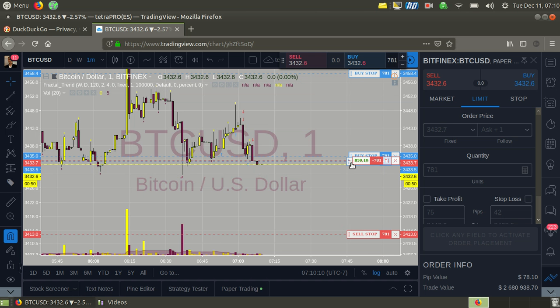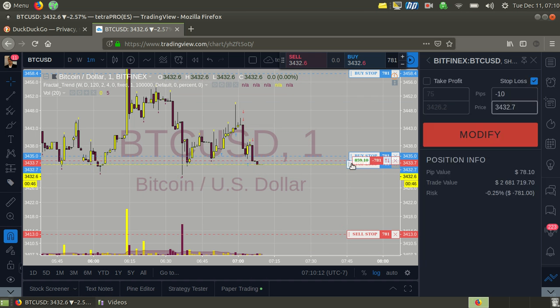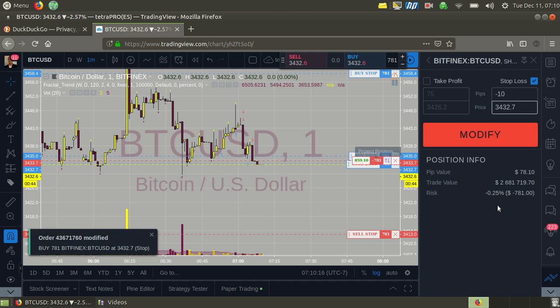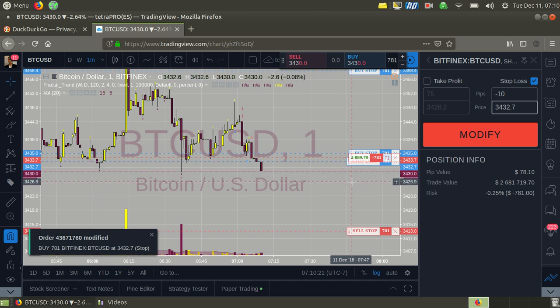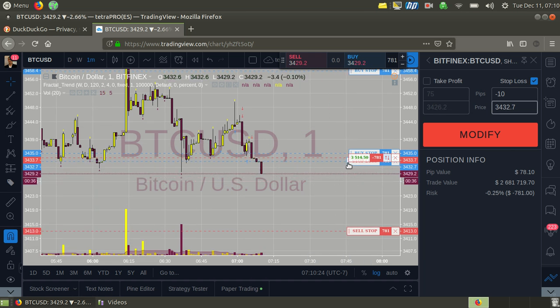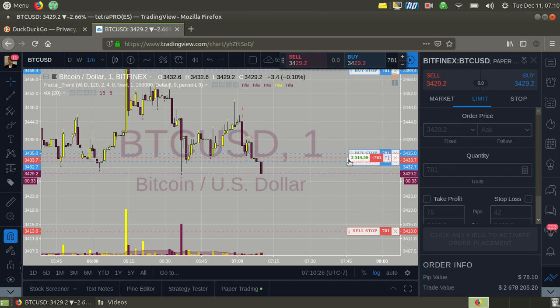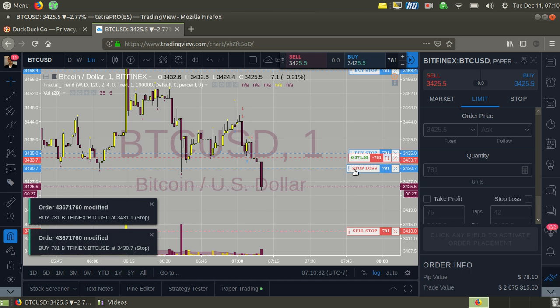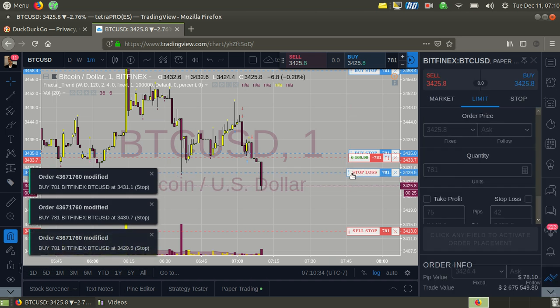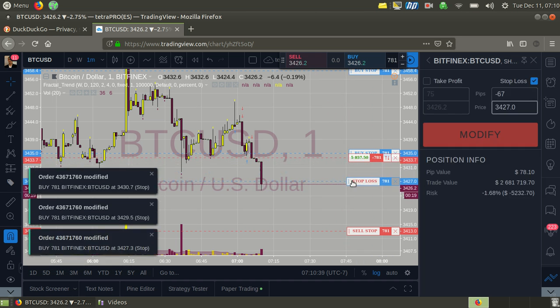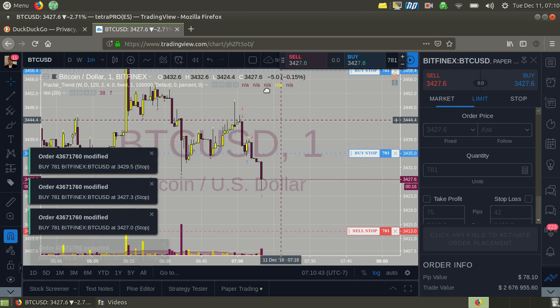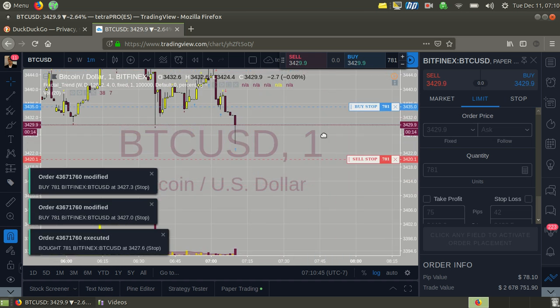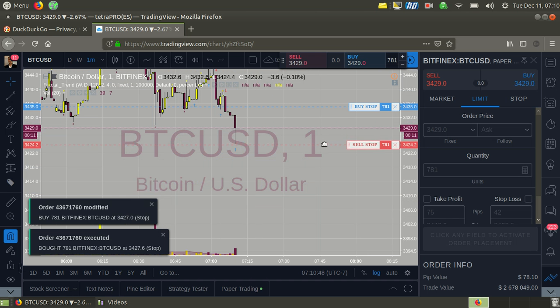So we're going to go ahead and move this stop down, mark it, lock in some profit there, negative 0.25%. So I'm reducing risk. It's going negative, right? So there it goes. It drops off the cliff. That's what we were waiting for. And we move our stop down to lock in profit incrementally, so that if it jumps back, we already have profit. Okay, so that took out our sell, so we bring another one down,